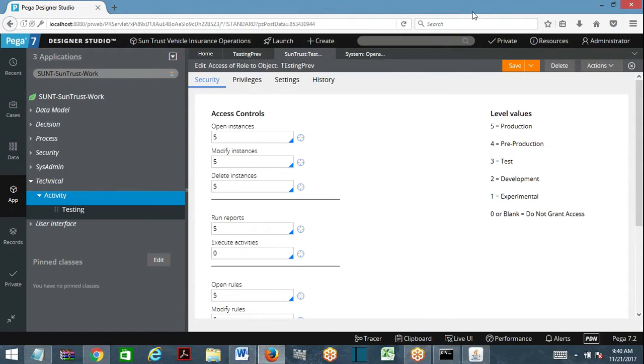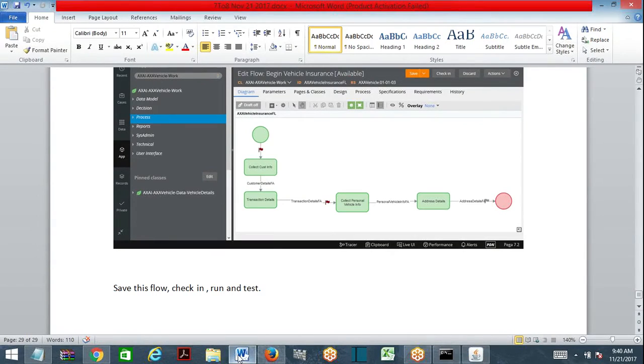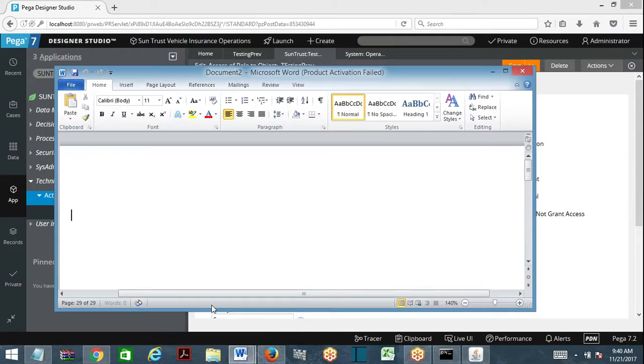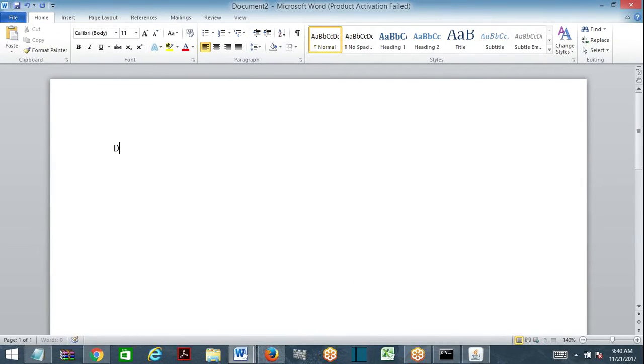Let me draw a diagram for this. Okay, let's go ahead and look at security model in PRPC. Security model with respect to access group.